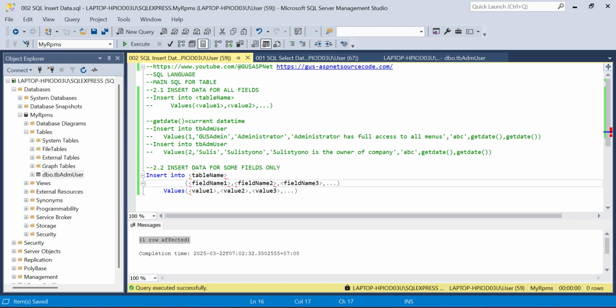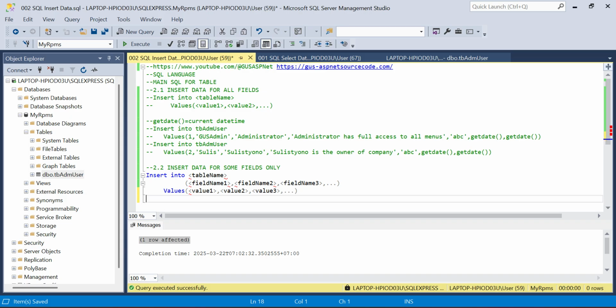Remember that the value here, the sequence is related. For example, the field name 1, the value is value 1. Field name 2, the value is value 2. Field name 3, the value is value 3. Okay, now let's demonstrate.